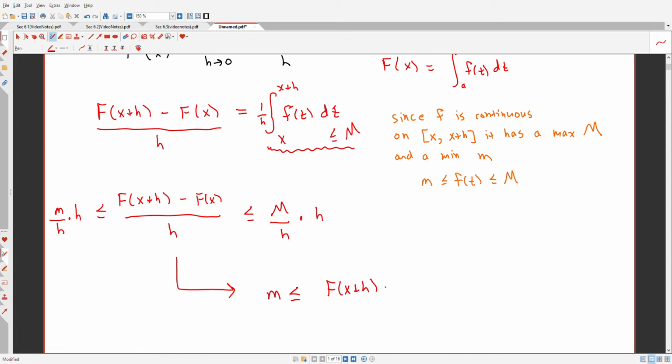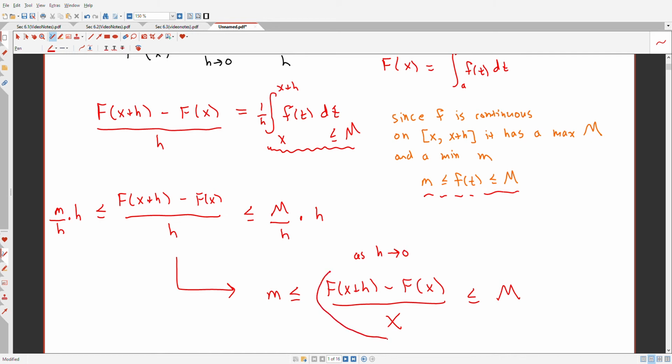What I'm actually left with is this. This area accumulation function, when I form this, some people call it a difference quotient, is bounded above by this number capital M, and it's bounded below by this number lowercase m, just like the original function f is. Which makes us think this difference quotient is behaving more and more like f. And here's the trick. As h goes to 0,